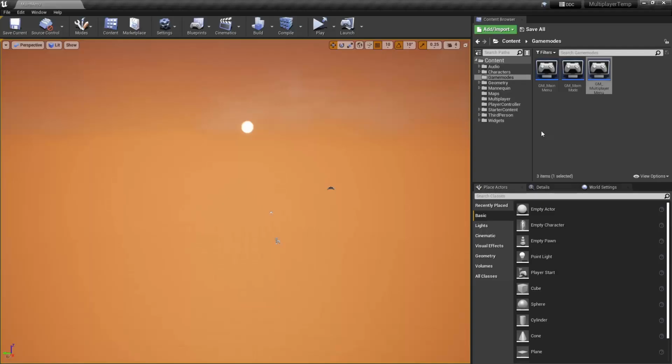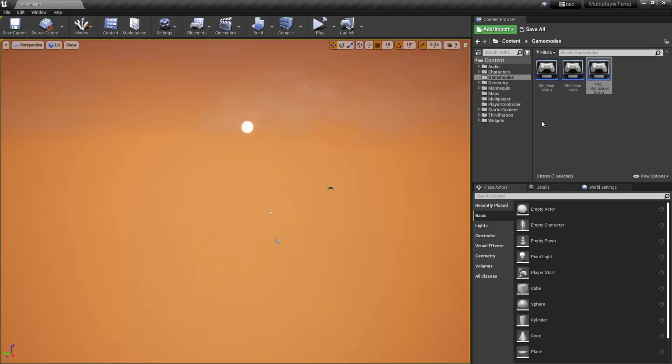How's it going, everybody? Today we will be adding team selection to our project. What it's going to allow us to do is to spawn at a specific spawn point based on the team that we selected. The way that we're going to do that is with a widget which will spawn us at a custom player start using a custom